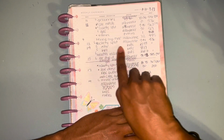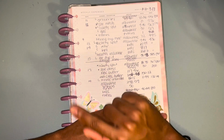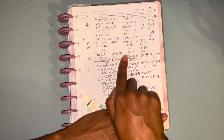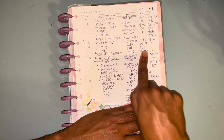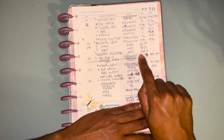Then on the 13th, I got myself some lunch again. As you can see, I was not meal prepping. So that was $9.40. On the 14th, I paid all of my bills. My phone bill was $65.99. The light bill was $97.17. And then my health insurance came out, and I just pay that every year. And that was